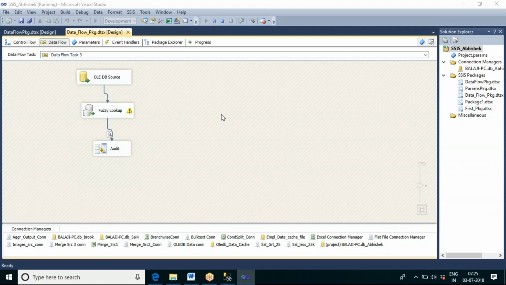But the process is the same. It is taking some time to maintain the indexes and all.